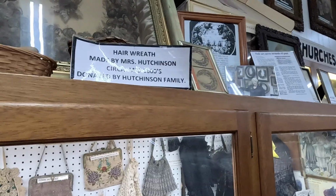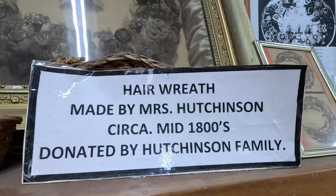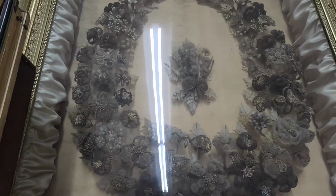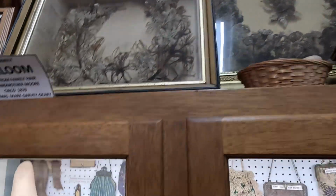Or that type of thing. But they're all made out of human hair, and hair is something that never deteriorates. So that is all human hair. Wow. But you know, like they have horsehair